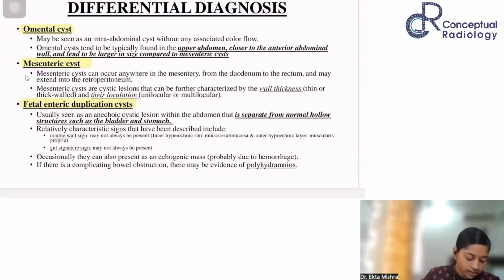Coming to the enteric duplication cyst, I think differentiating it from these two pathologies is quite easy because of two signs. The first is the double wall sign, and on similar lines, we have the gut signature sign because it's a duplication of the bowel. So you will